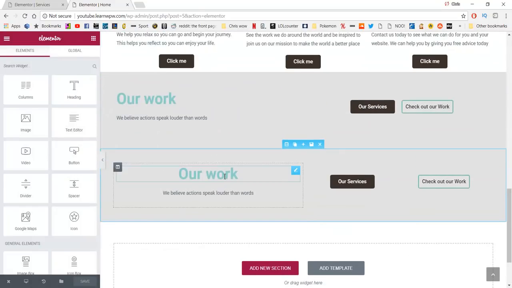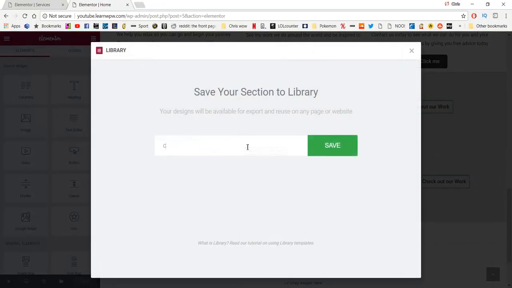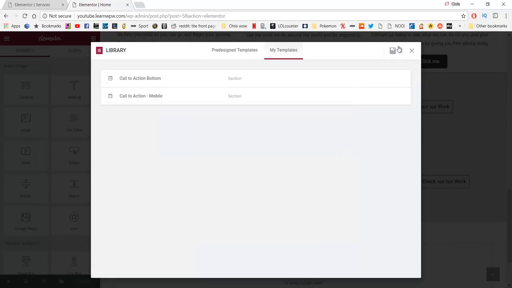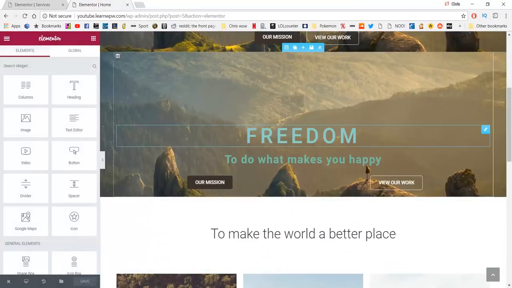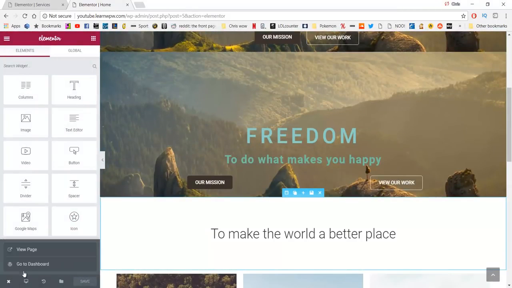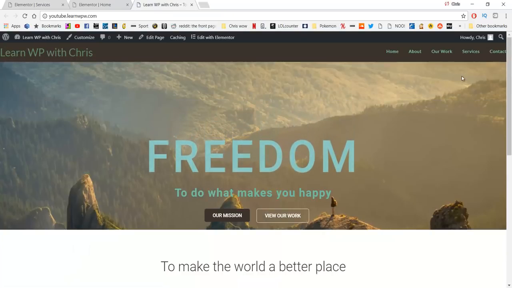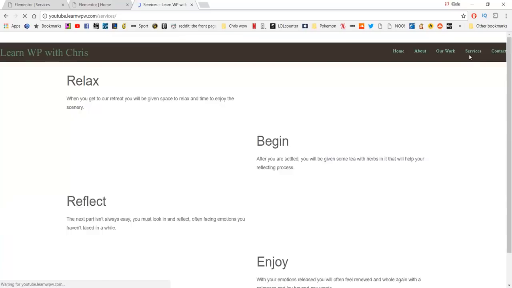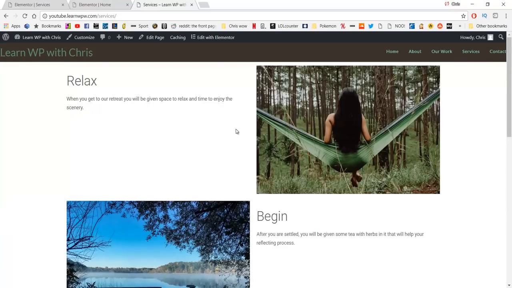And then we're also going to save the mobile version as well. So click Save Section and type in call to action mobile, and then click Save. So now if we exit out of that and now go to our services page and click Edit with Elementor,